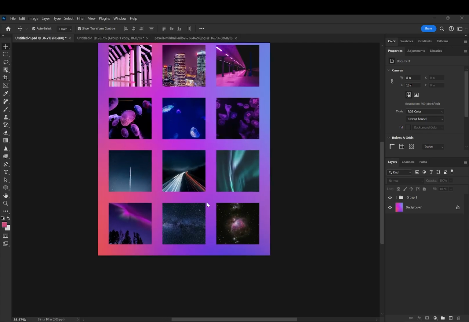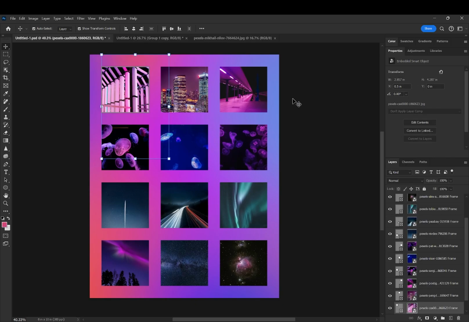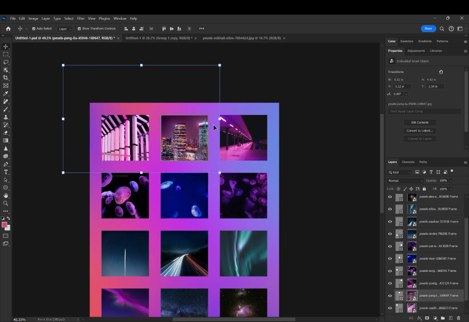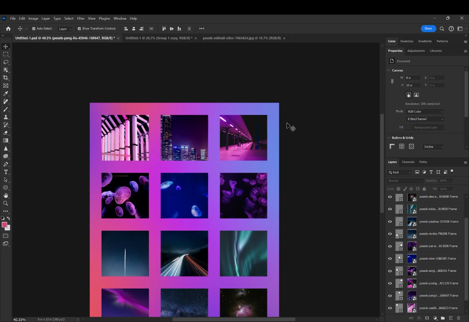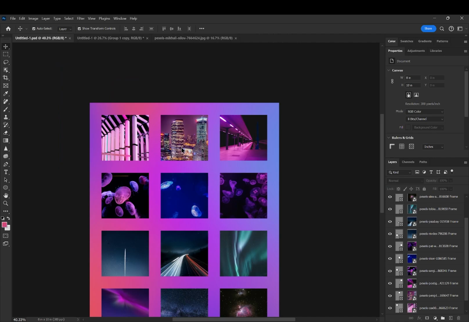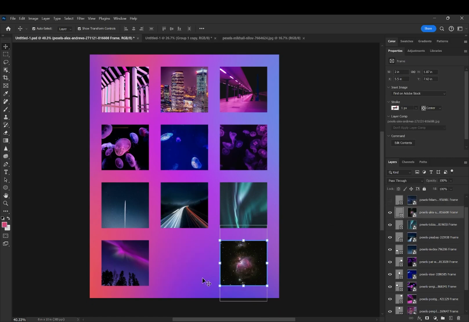Okay, I went through and added some more photos, and you can see, so with all of my photos, if I were to double click, you can see the frame of the image, and I can move that around and say I'd actually like it to be more in this area, or I can double click and move it around, and it's not affecting the frame itself, which can be really helpful. And if I were to say like, I don't want this picture anymore, and I want this frame to extend